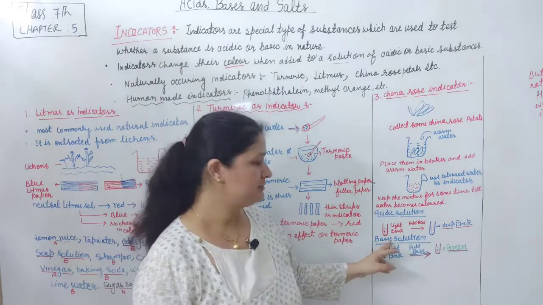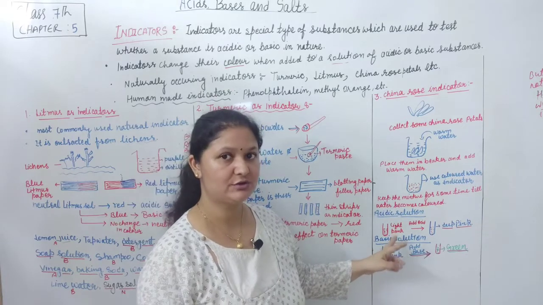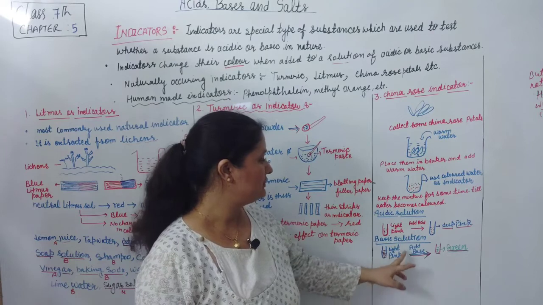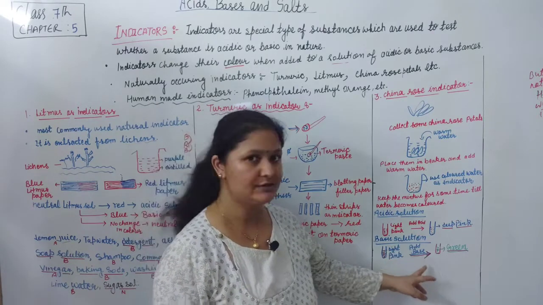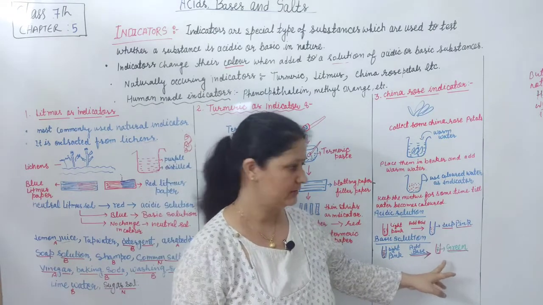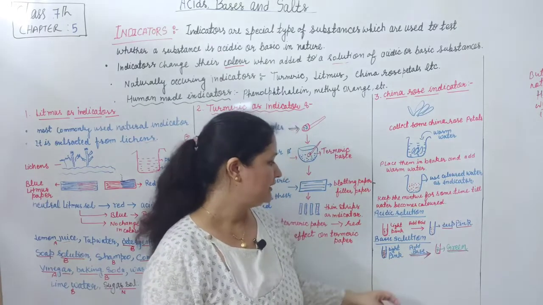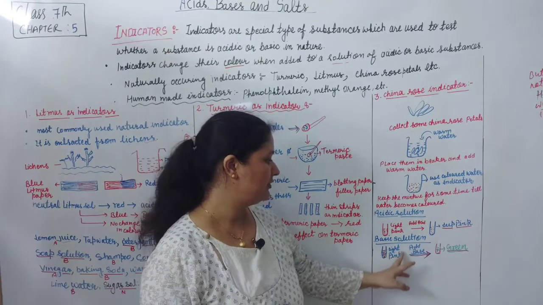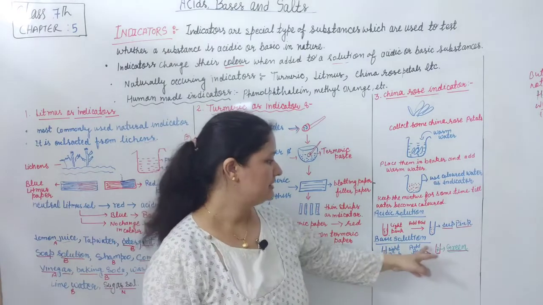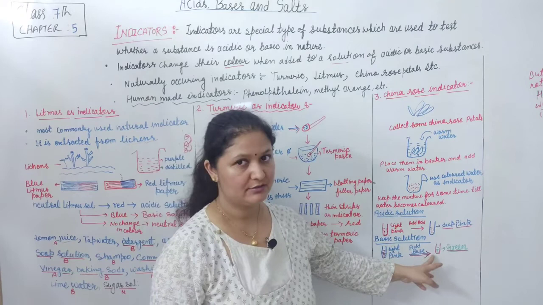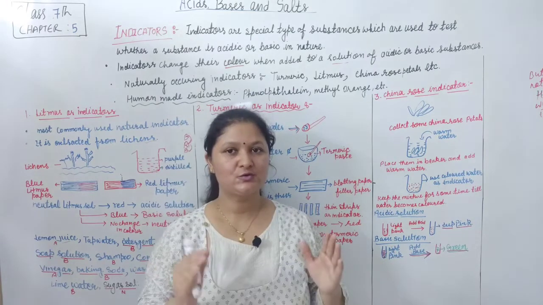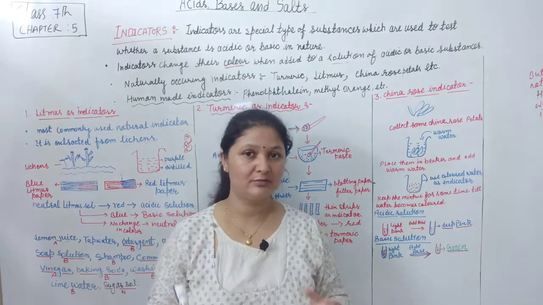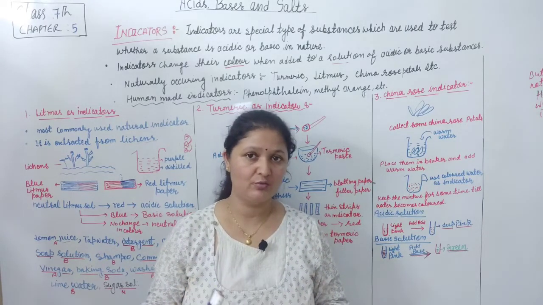And if the solution is basic, then this light pink color of China rose indicator turns into green. Once again I am repeating, if the solution is basic, then this light pink color of China rose petals turns into green, right? So students, with the help of China rose petals, you can perform the same activity at home